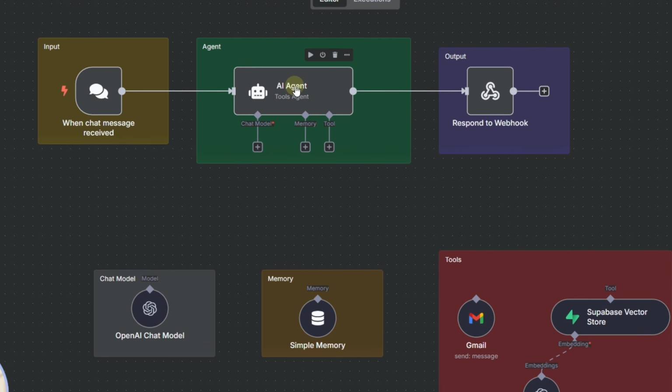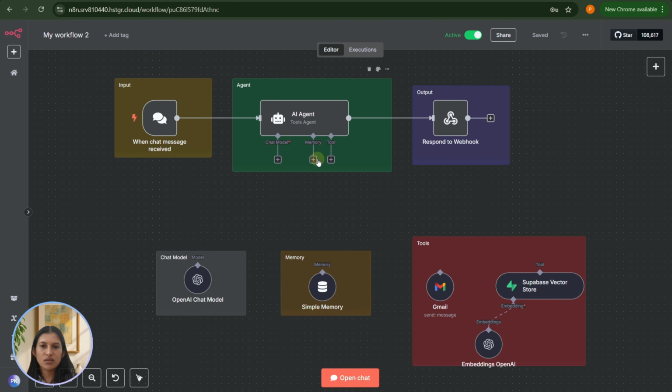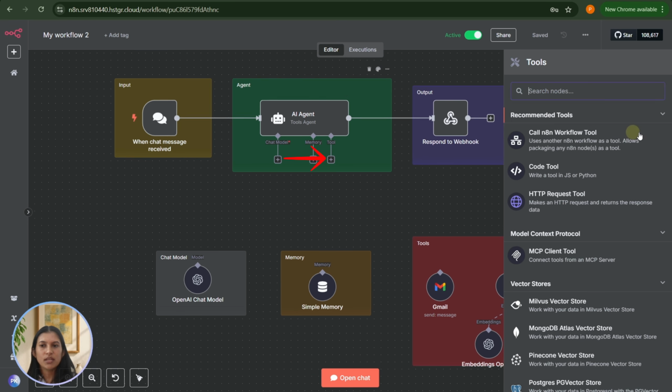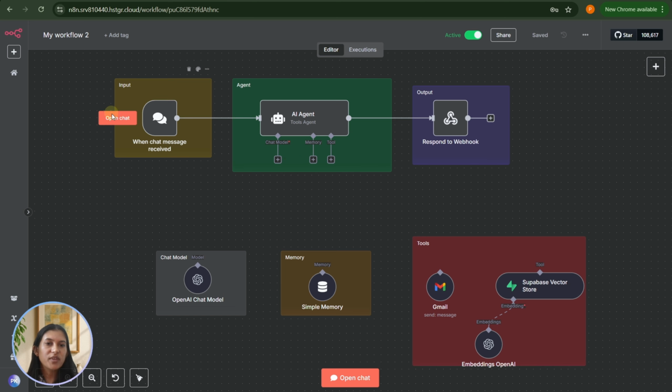An AI agent even has access to memory, which will remember the previous conversation, and it has access to different tools which you can select to perform different operations. So we have the input where the question comes in, the agent where the AI thinks, and then the output where the reply goes.